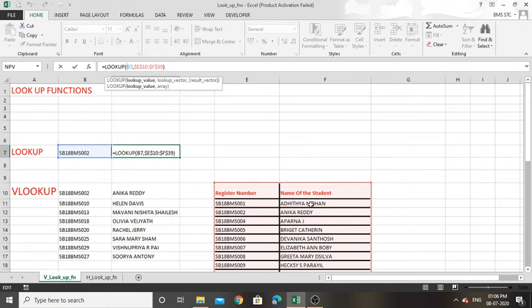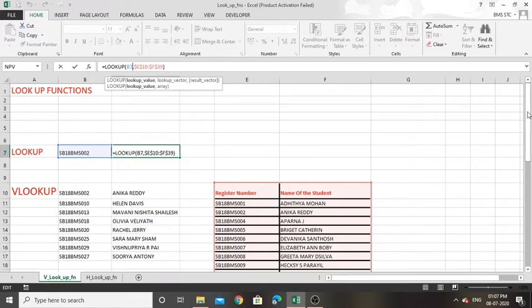So that will be the third argument, but since it is optional, I didn't put the third argument here. My searching key value is this register number, SB18BMS002, and my searching vector means that particular table as the second argument.